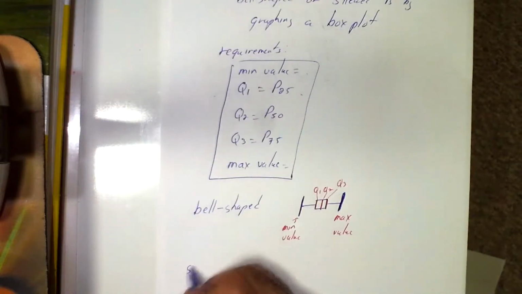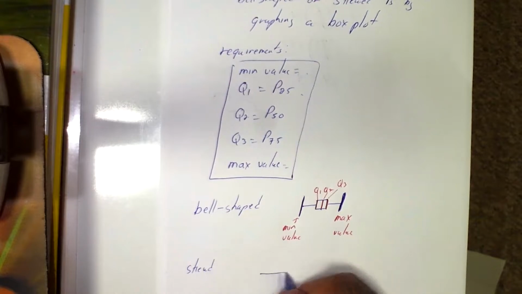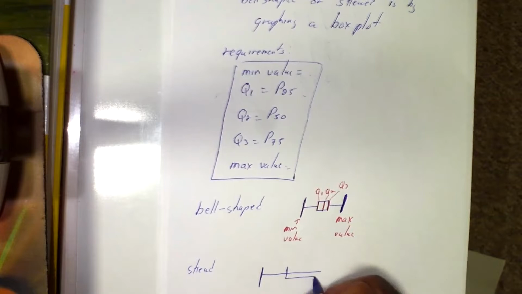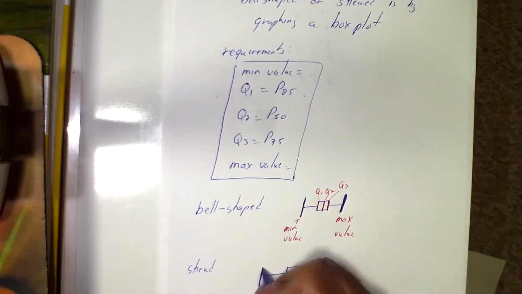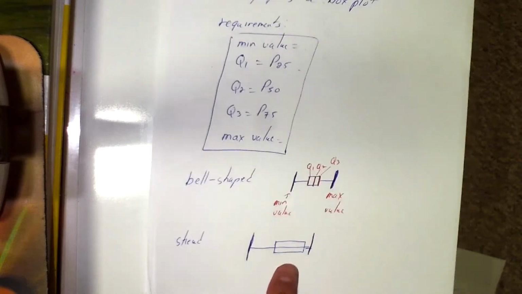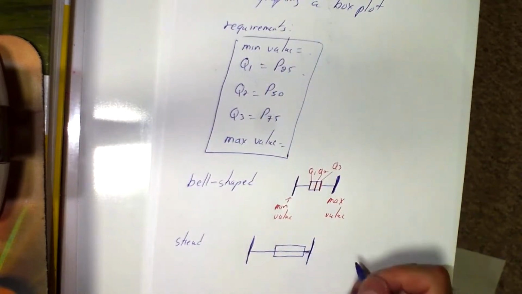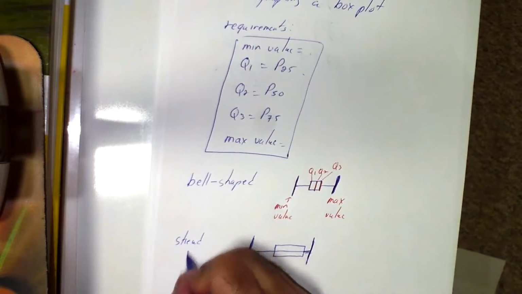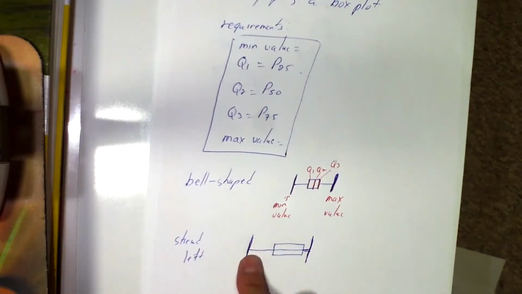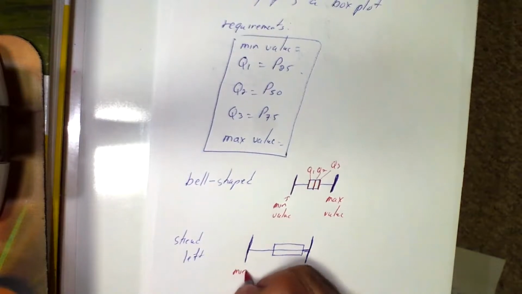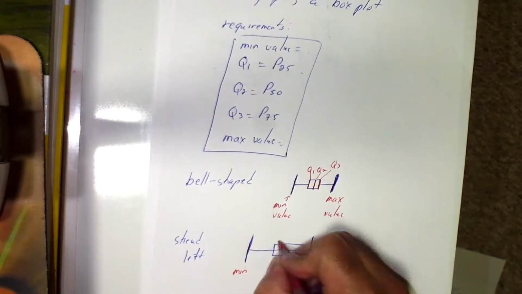Other than that, everything else is skewed. So this would constitute a skewed one. Notice that the shape of the box is rectangular and is really close to the edge. This one, we say that this one's skewed to the left because the tail end is on the left side. Same thing, min, max, Q1,